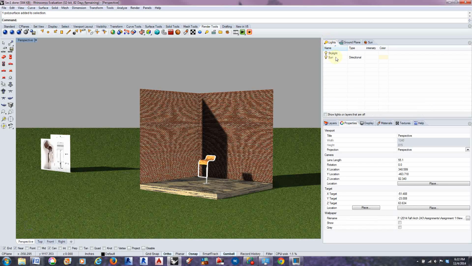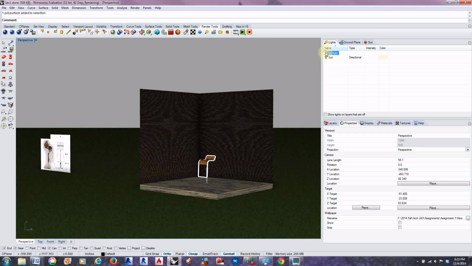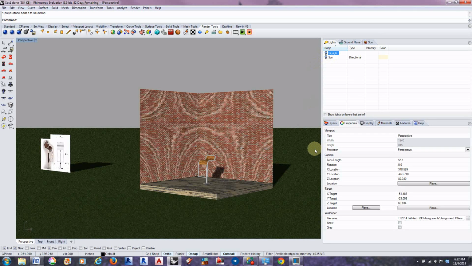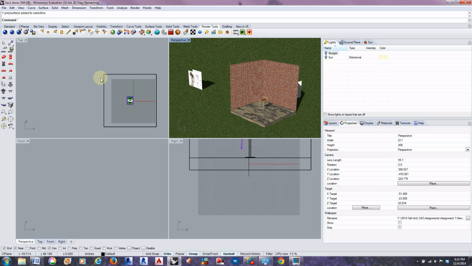And then lights. So the sun is considered a directional light. The skylight is just kind of like an overall light. You can turn those on and off. We can turn them completely off. And we can start to place our own lights in here. So we have different options of types of lights up here. So if we just create like a sphere of light,